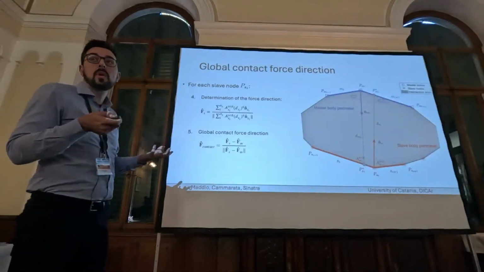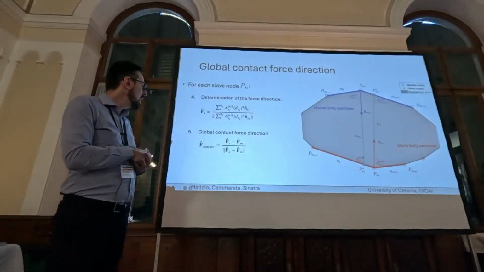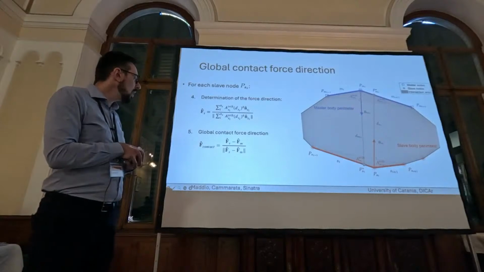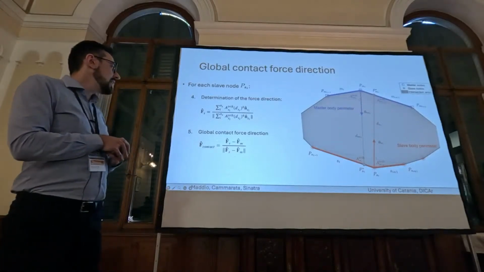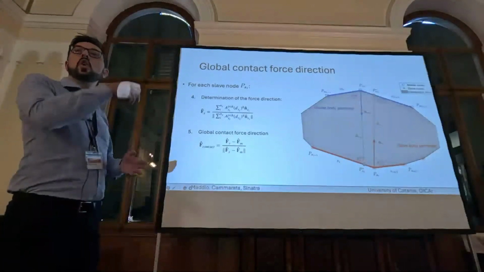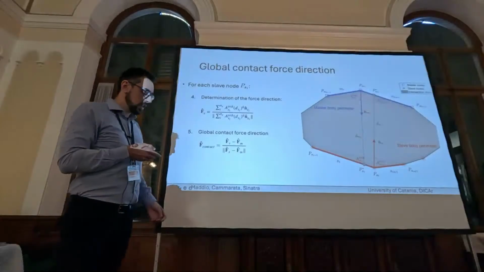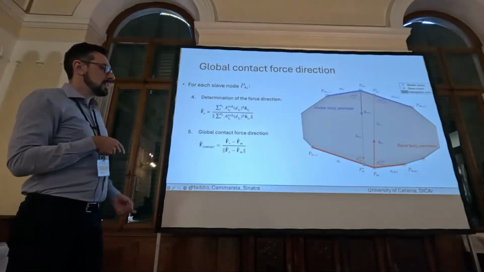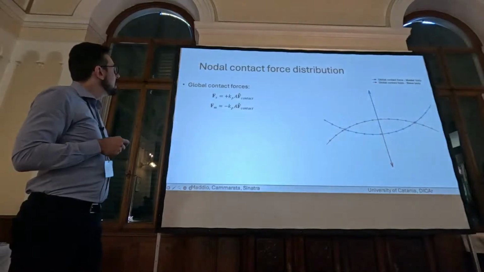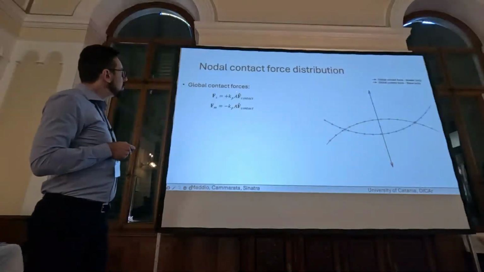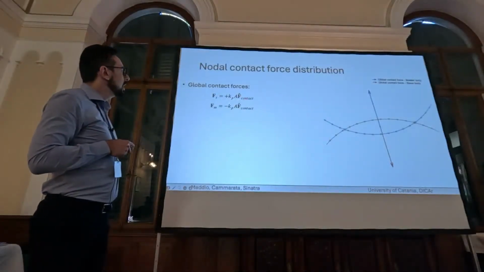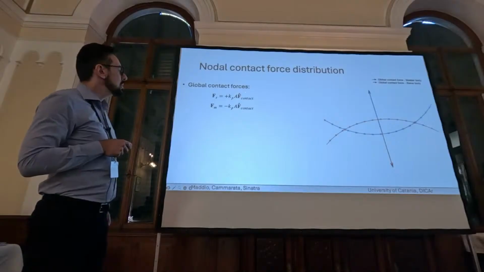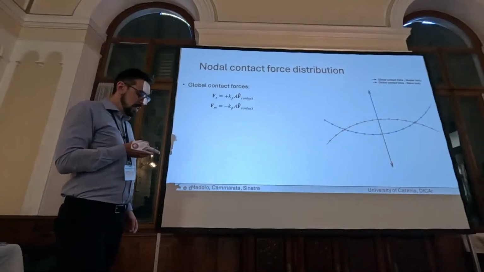For the master body, it's the same. So the direction of the global contact force will be the average of the two directions coming from the two bodies. So that's why it's symmetric. So the global contact force here will be proportional to Kp times the area times the direction, and